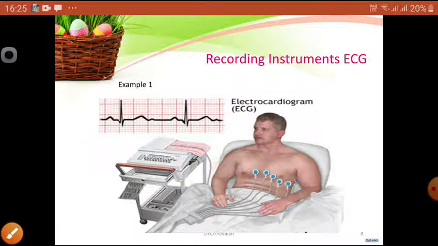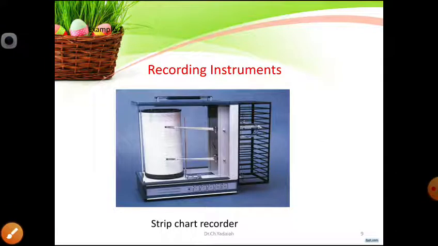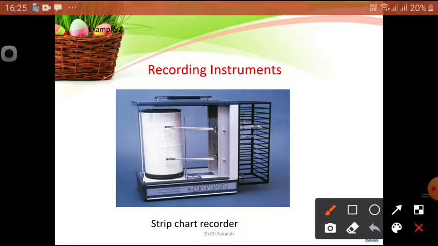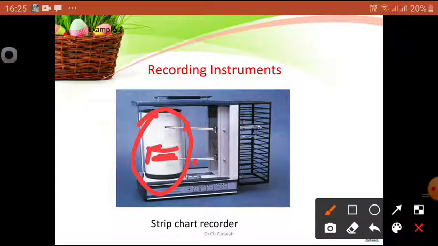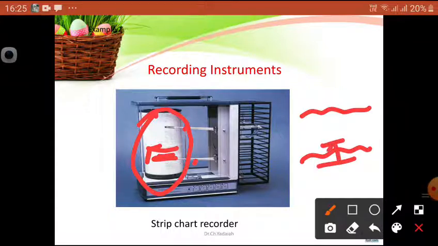And coming to the another example, what is the instrument? The strip chart recorder. What is here? You can see strips 1 and 2 recording on a graph paper. And it is continuously moving in a clockwise direction, and this pointer touches here and indicates the values. So how the vibrations, what is the magnitude of this value changes, at the same time two values. That is the strip chart recorder. It is a special purpose instrument generally used in medical or some other purposes. These are examples of recording instruments.